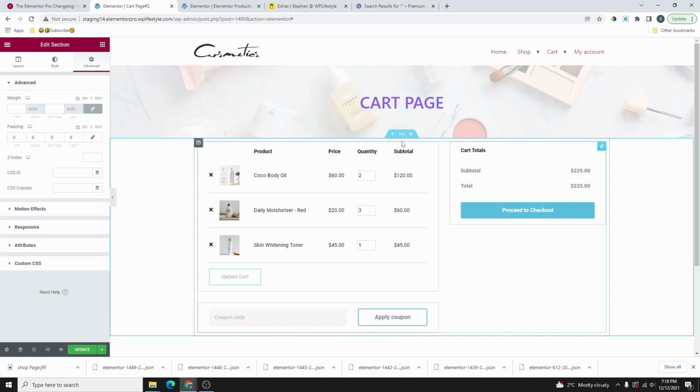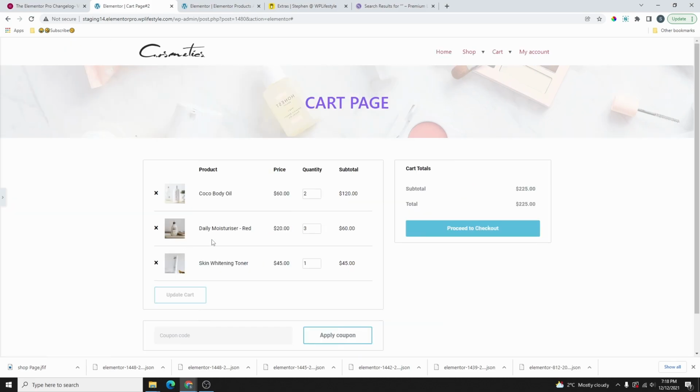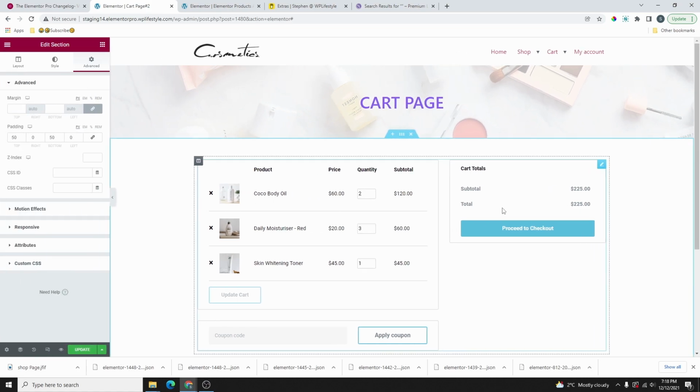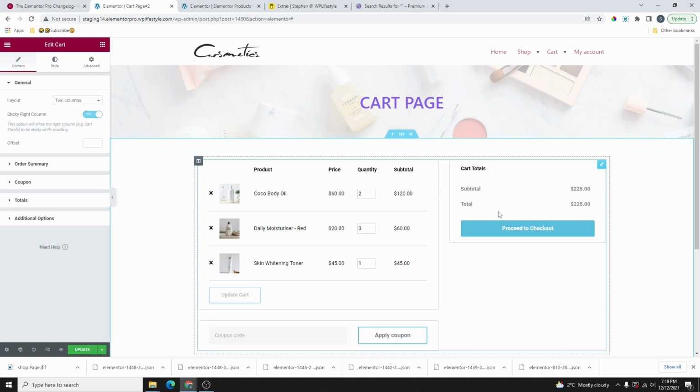Then I will select the second section, and then I will head over to advanced. Make sure you link this. I will add 50 pixels here and also 50 pixels at the bottom. So this is what we have so far, and you can see this is looking a lot better already. And all you really need to do here, click on this setting icon, go through the same process again. If you want to make this side icon sticky, you can enable this sticky option here